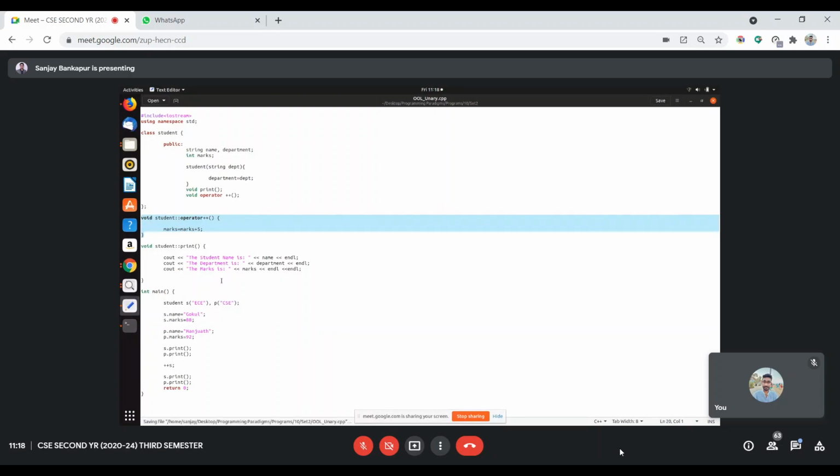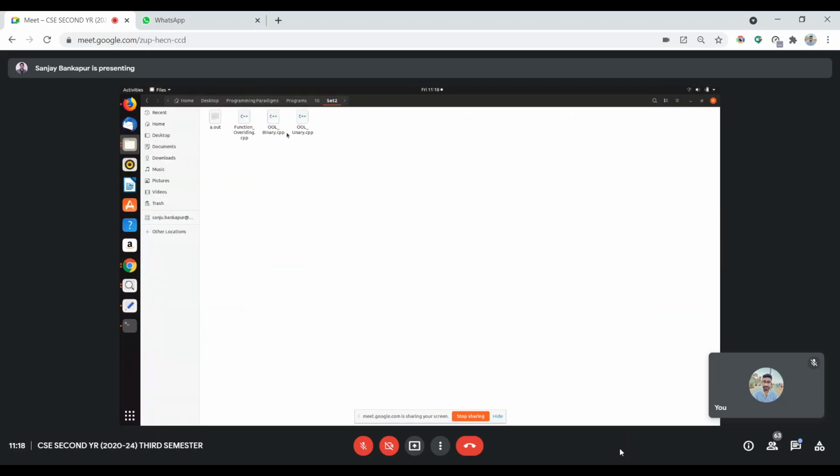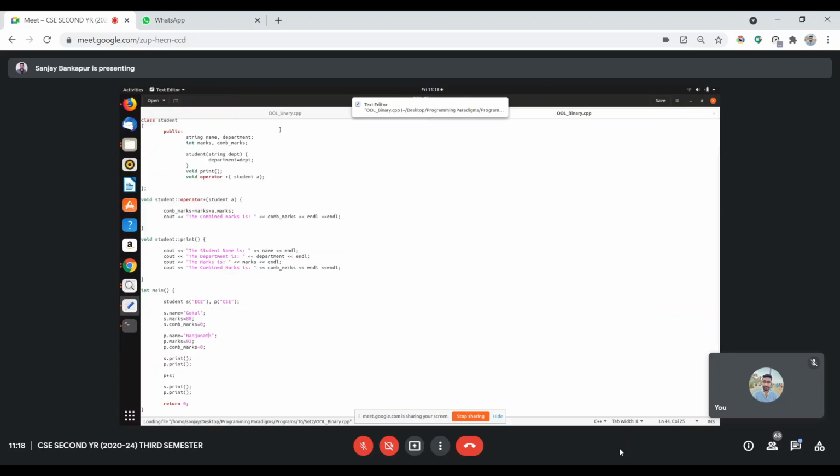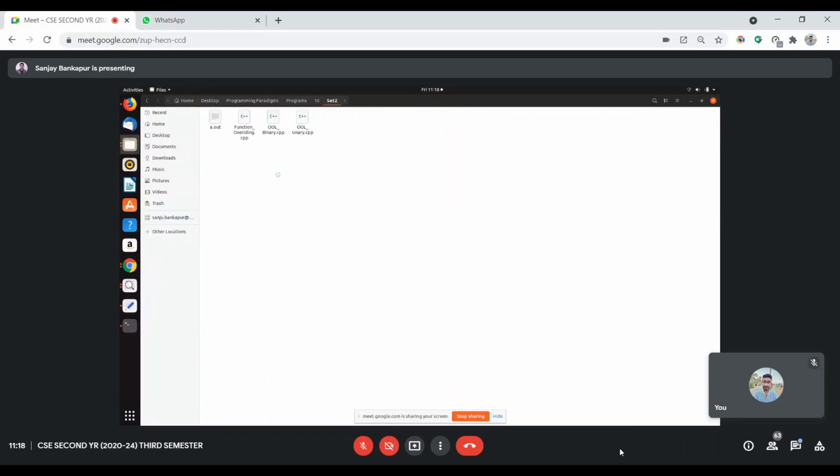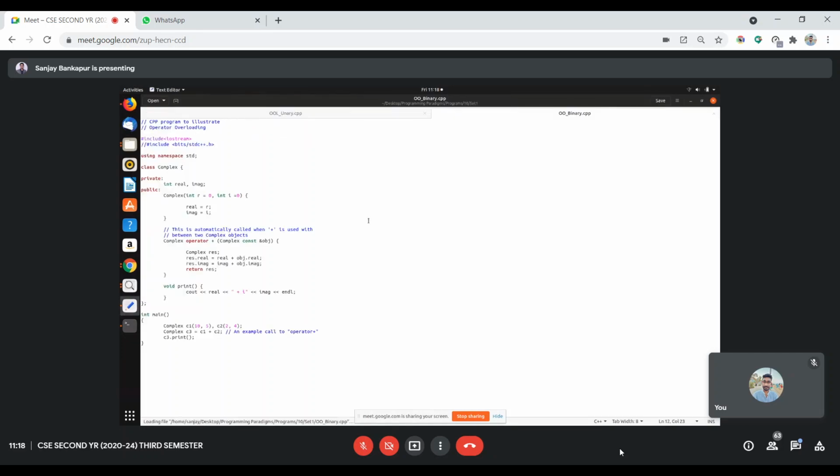So this is unary. Let us see one more quick example, of binary. Before going into this detail, we'll explain from set one. Binary is a simple one. I want all the students to concentrate here.